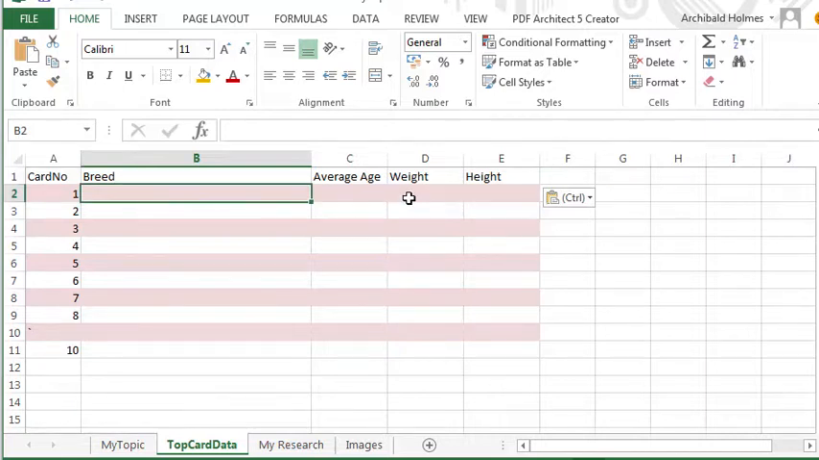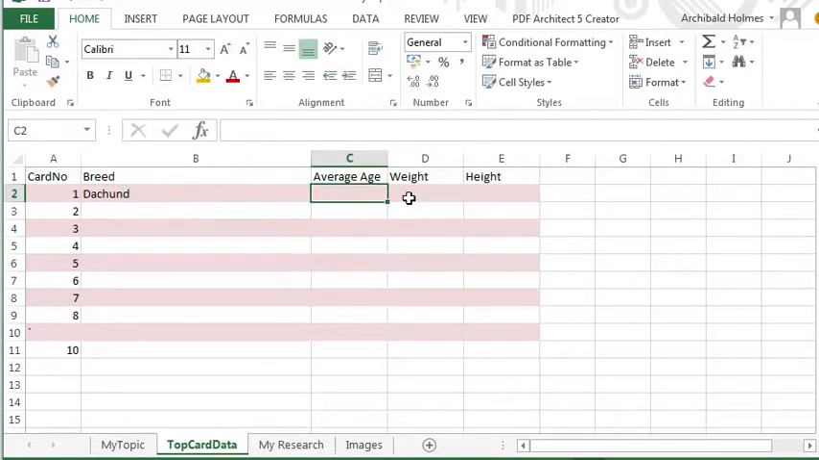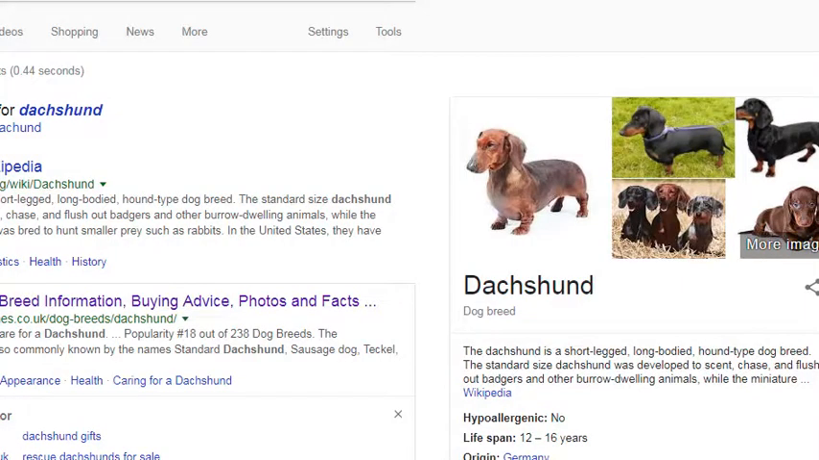Okay, so what I now need to do is decide on 10 dog breeds, or whatever it is. So Dachshund is going to be my first one, and it's the only one I'm going to do in this demo. And we now go to our favorite internet